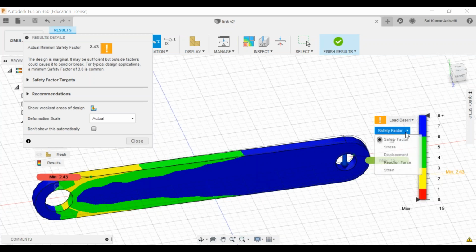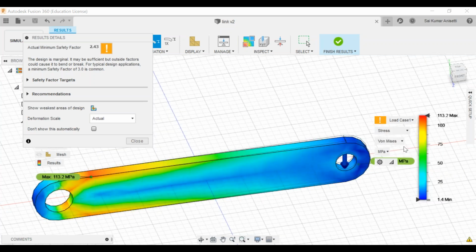Now let us see what are the stresses induced. You can check stresses. See, now you can check what are von Mises stresses and principal stresses. Now you have learned in your finite element methods, right? Shear stress, normal stress, and your first principal stress, tensile stress. What is von Mises? What is Tresca yield criteria? So all these you have. Okay, you can define units, in megapascals or pascals. Now the maximum stress present at this particular place is 13 megapascals. Now how you are going to test, that is left up to you.